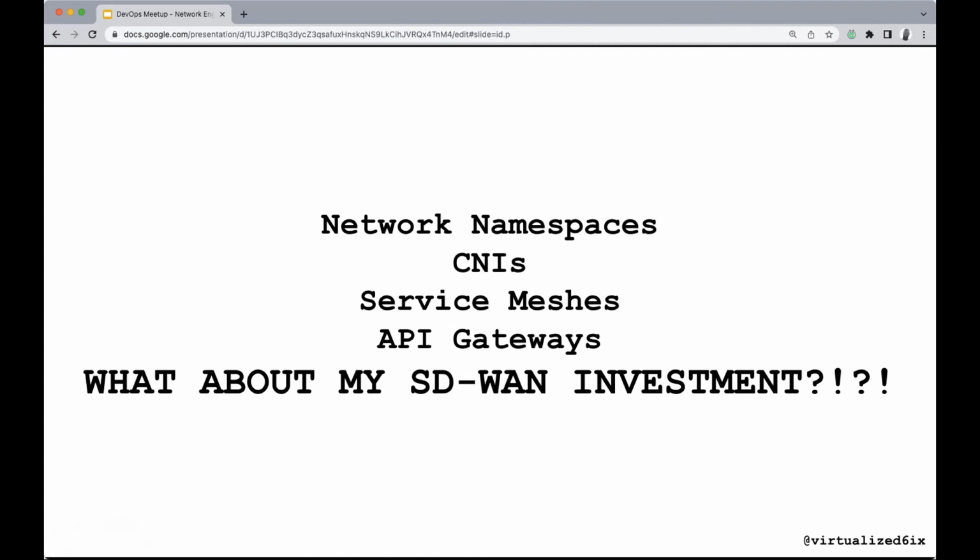I'm here to talk about the fact that you just need a network, and then you can build on top of it. You need compute resources. You can build on top of it. But everything that you see in this list right here, network namespaces, CNIs, service meshes, whatever, those are logical constructs that are YAML, that can go into YAML, which means,